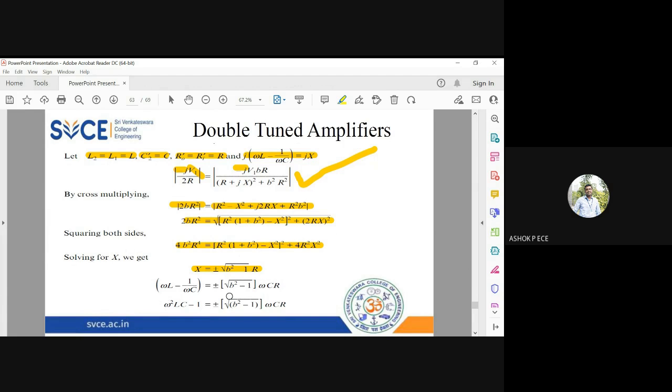Okay, so now take LCM. So omega square LC, so here omega C, here it is going to be only R. This omega CR will not come. And when you take LCM, in the LHS it will be omega square LC minus 1. Denominator omega C, if you multiply